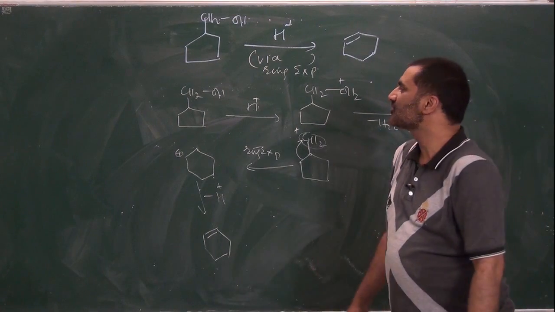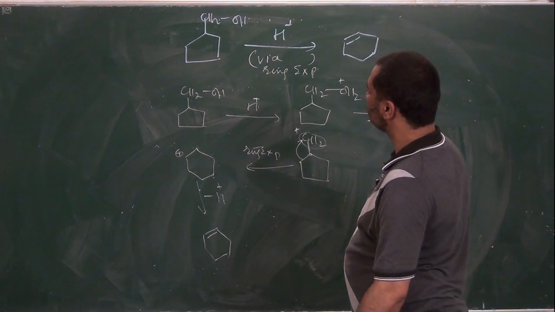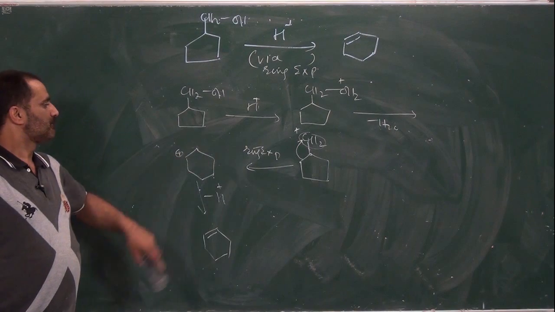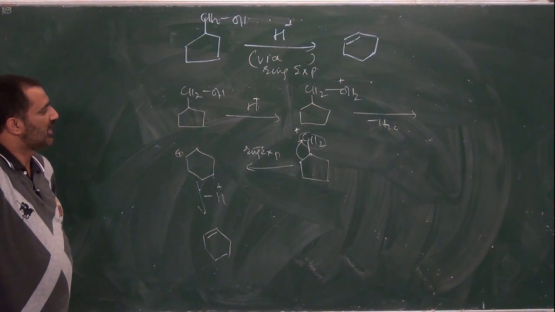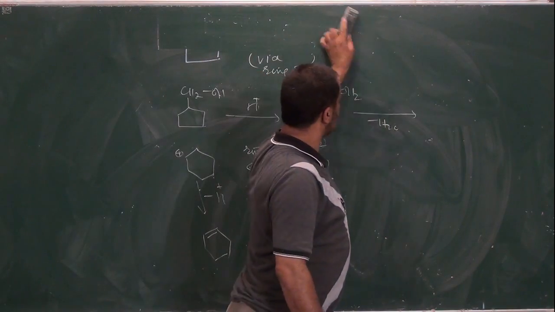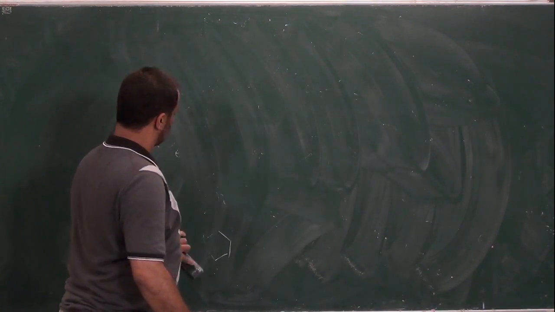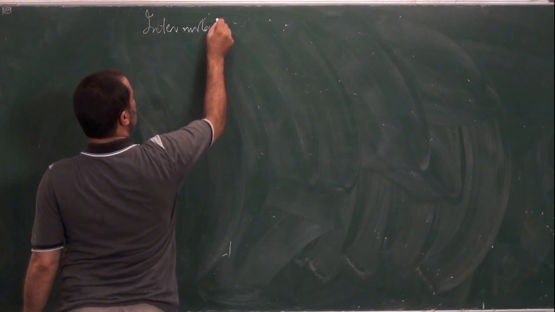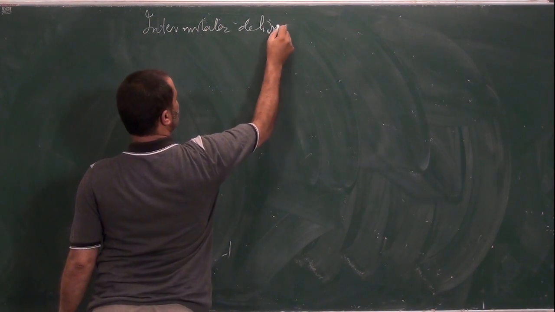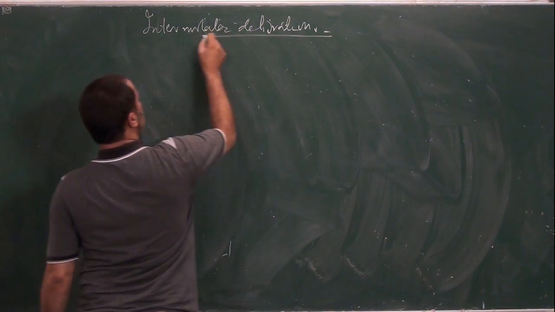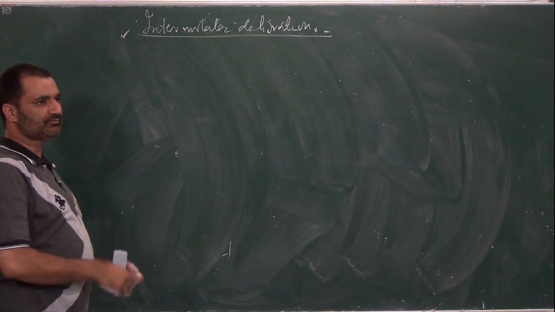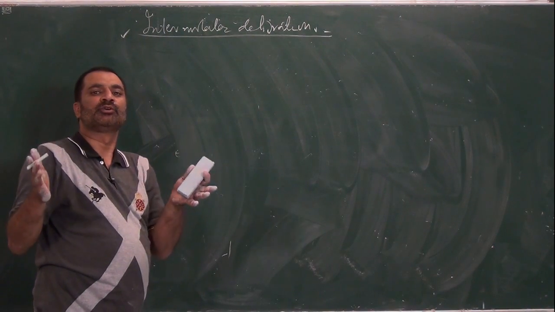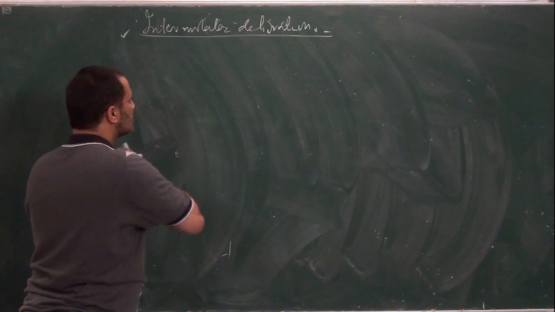So this is again intramolecular dehydration, by which alkenes are formed. Now intermolecular dehydration. As far as intermolecular dehydration is concerned, the dehydration takes place between two molecules. So by this method